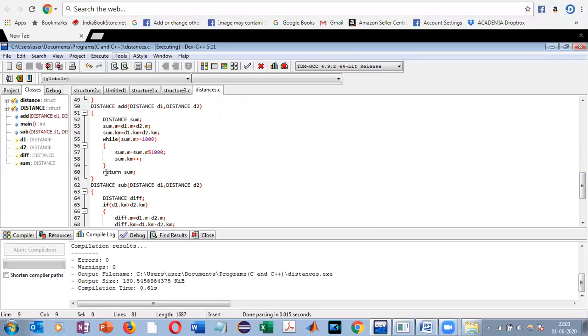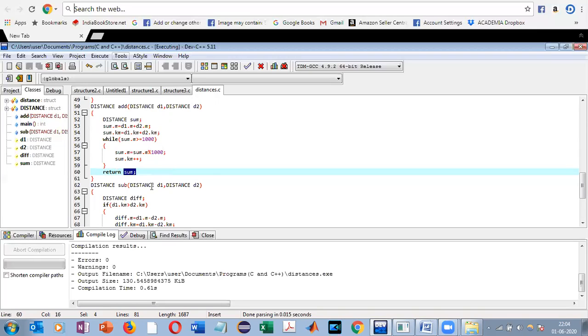So whatever we are returning, the sum, the addition of two distances, is going to have a kilometer portion and a meter portion. So whatever is getting returned is a structure type variable only, the structure which we have defined, having a kilometer portion and the meter portion.